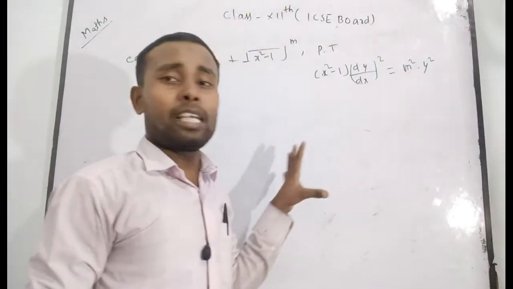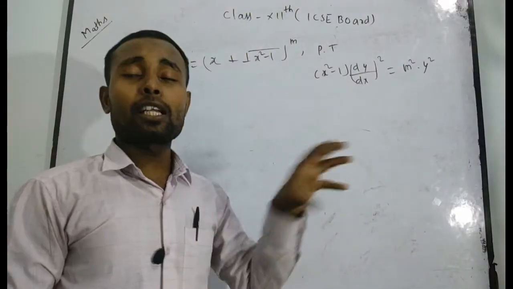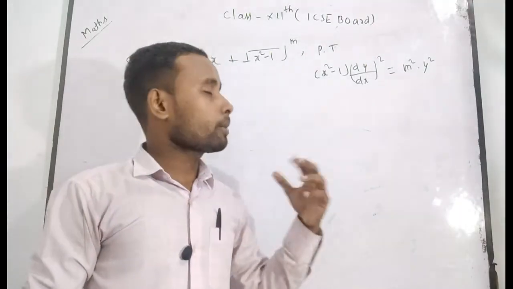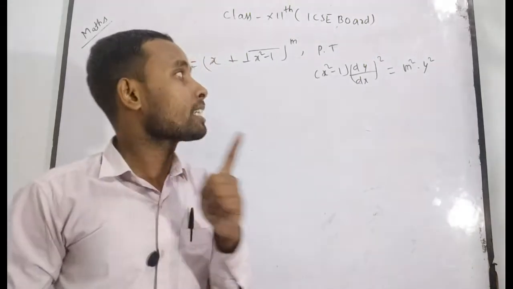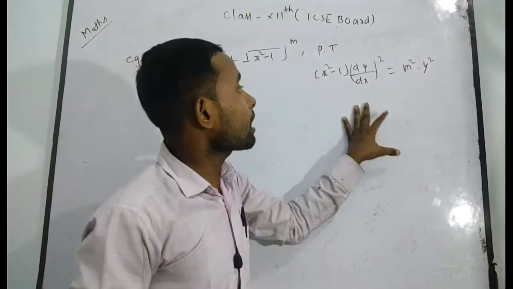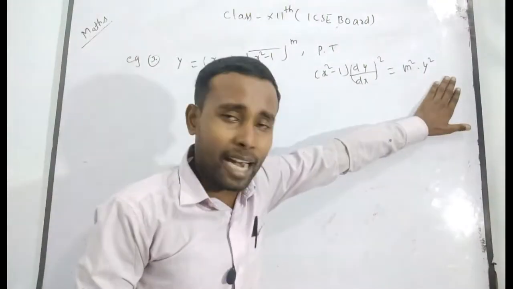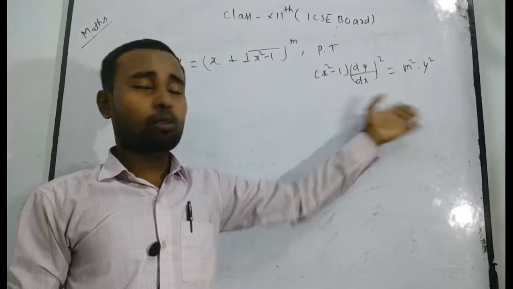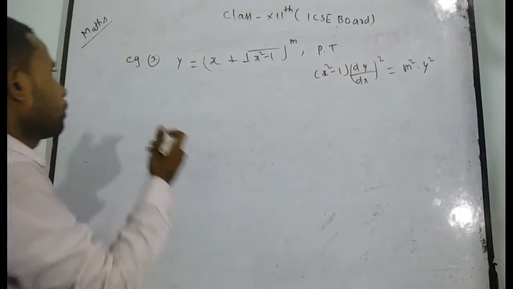There are no tricks here, and no clue. Simply by your intuition, and if your calculation power is strong, you can do it by the direct method, which is also called the hit and trial method. But the first method is very easy: simply see in the LHS which term is given and which term we need to calculate, and put it in. Again put in the RHS and compare, and you can say LHS is equal to RHS, so it is proved. Now I want to solve it.